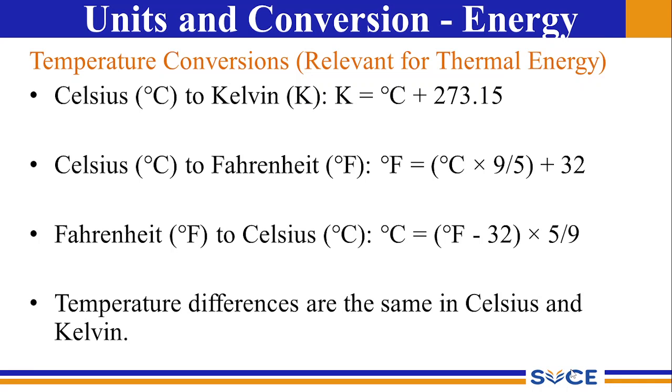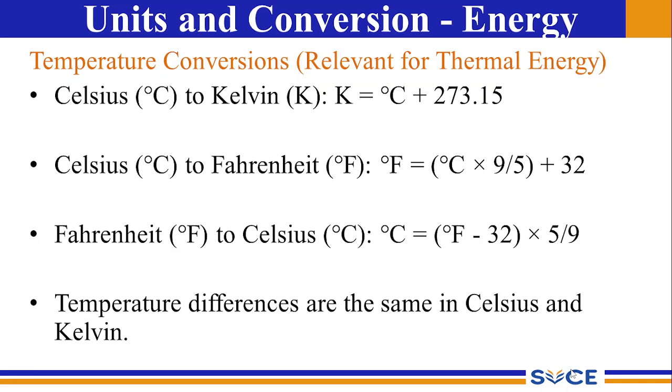The last statement: temperature differences are the same in Celsius and Kelvin. So when you say you have a 100 degrees Celsius difference, let's say one system is at 10 degrees Celsius and the other system is at 110 degrees Celsius, the difference works out to be 100. Now when you convert the entire scale to Kelvin, the temperature difference is from